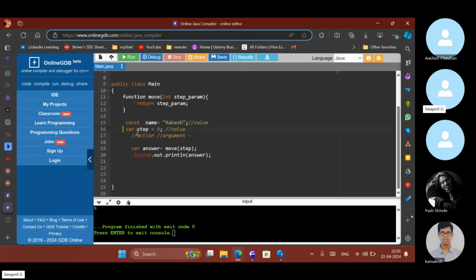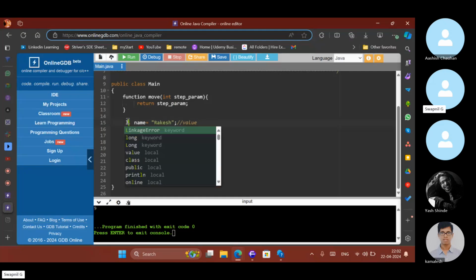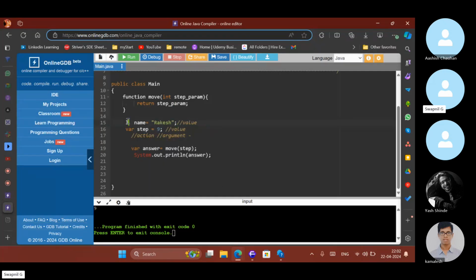Yeah, the answer is very simple. There is no type in JavaScript. You see that we are writing var, we are writing const. If we want to write var, we can write var over here. Nothing will affect it. If I want to write let, I can write let. So there are no types in JavaScript. So how do you know what the type is over here? Something that doesn't exist in the programming language, how would you use it?